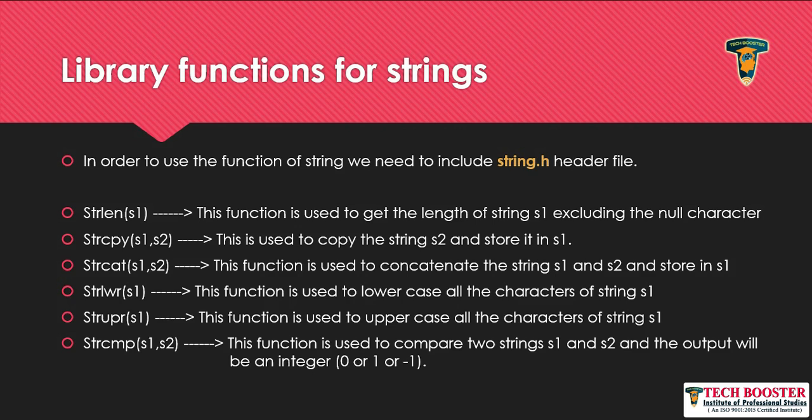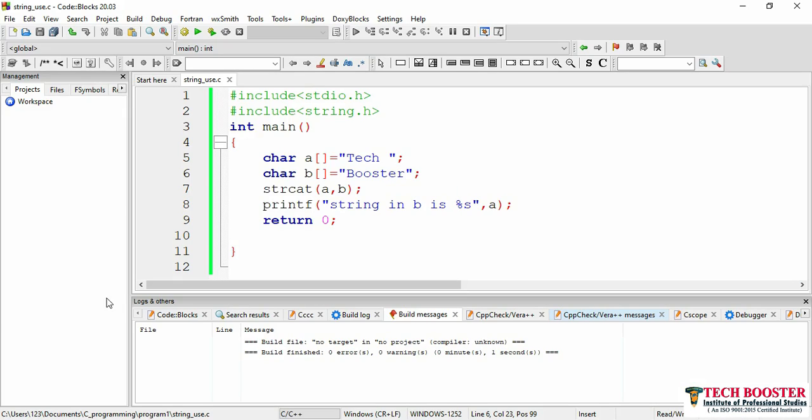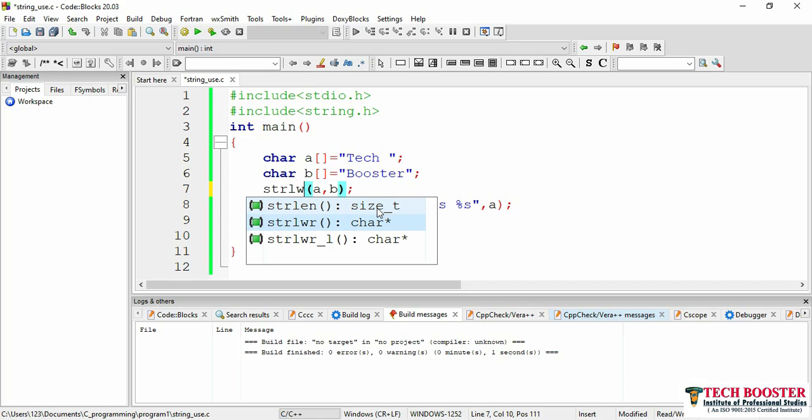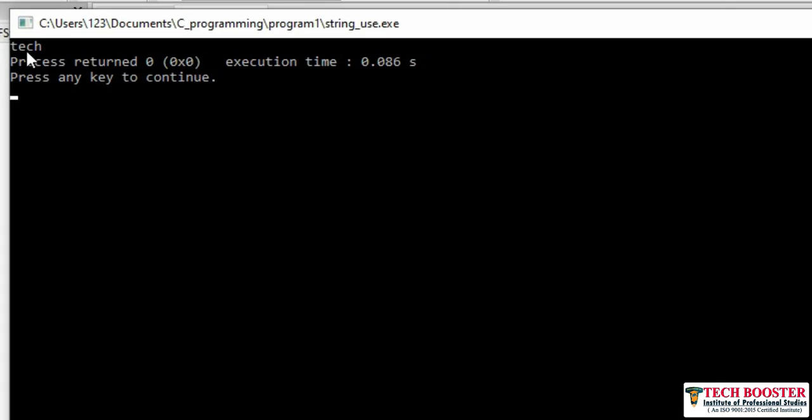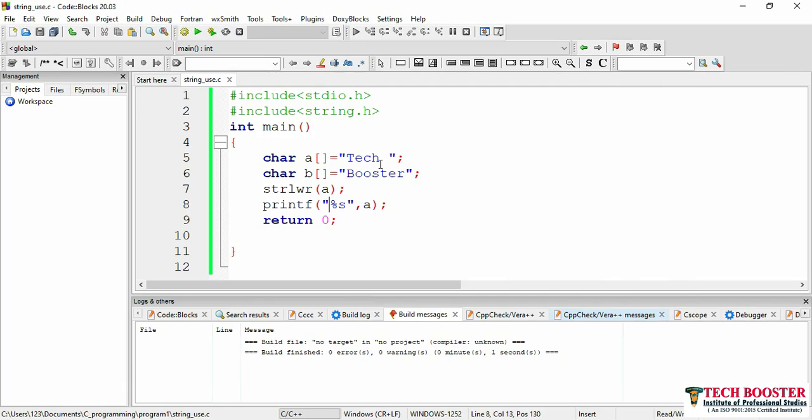Now my next function here is strlwr. This is basically used to lowercase your string. Like if you have a string, here in this case, I have my take. Here T is capital, but if you use strlwr on A, now if you want to print this particular A, let me remove this particular message, let it be %s A. Now once you run this one, you can see you will have take but in small, because I have used this strlwr function.